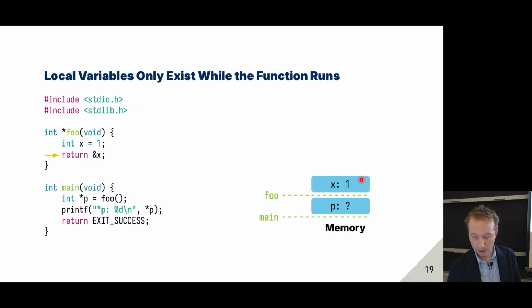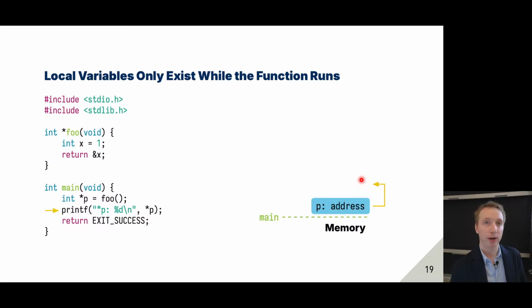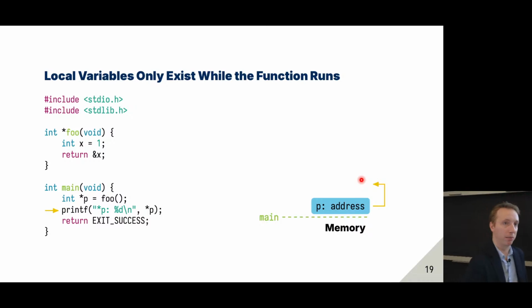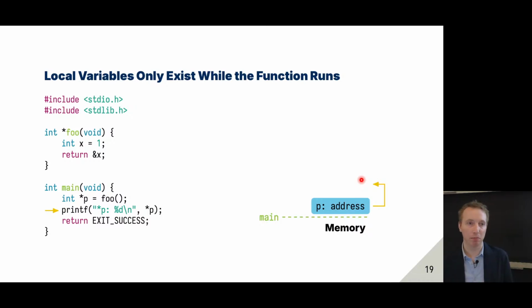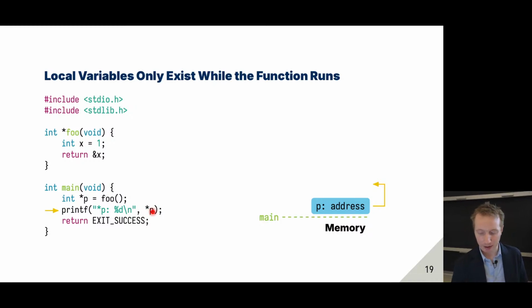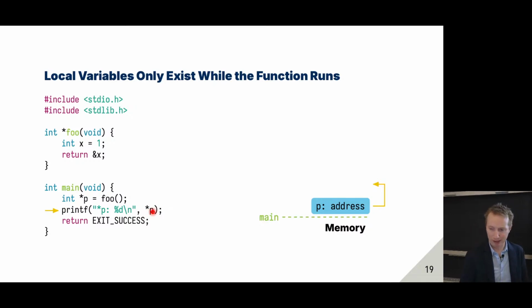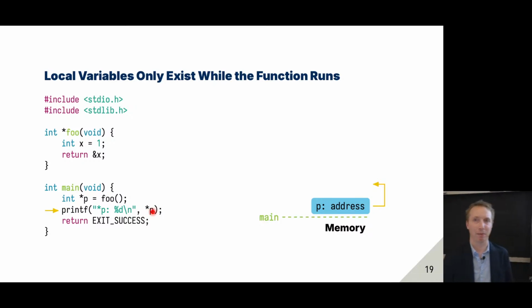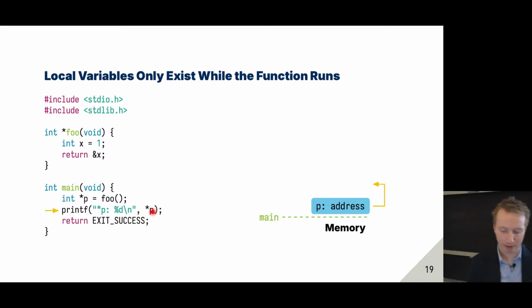After foo returns, the rule is that the variables now don't exist anymore. So my pointer is just kind of pointing at some random thing that is not guaranteed to exist anymore. Now if I dereference that, it's just pointing at some random memory,